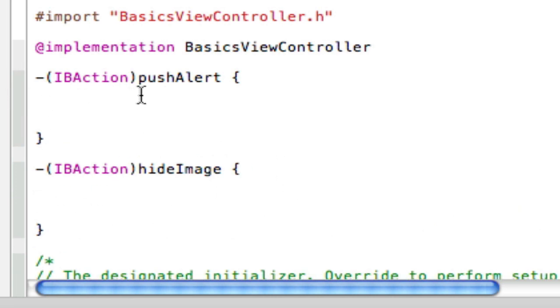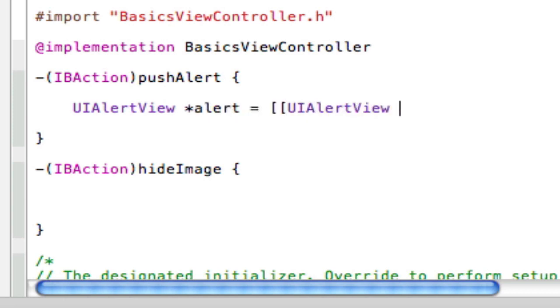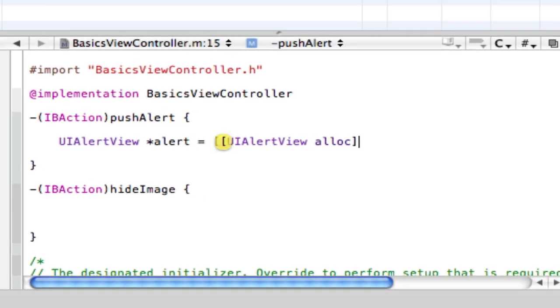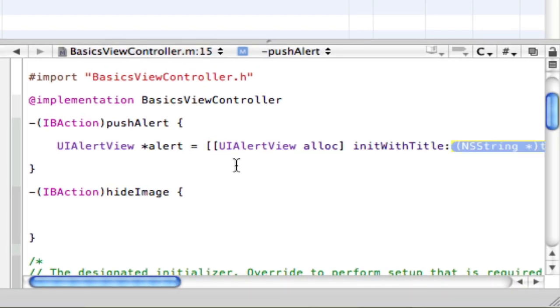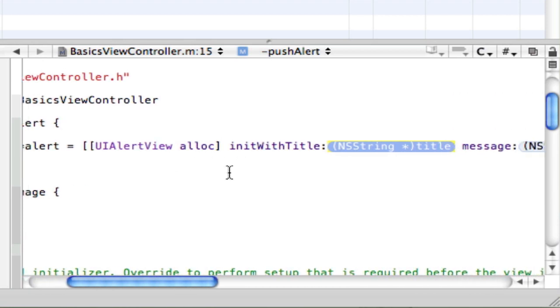So let's make a simple alert. Apple makes this very easy to do. Simply UIAlertView, which is what it's declared as, the name, which we're going to name alert, equals two open brackets, UIAlertView, and alloc that. After that, you have to initialize it with a title, and when you press that, Xcode does this a lot actually